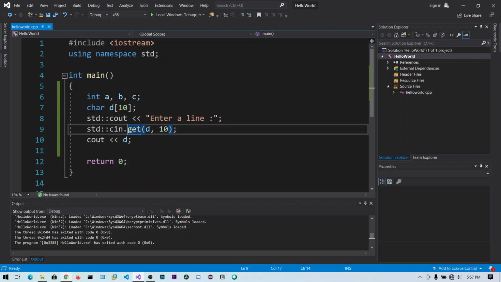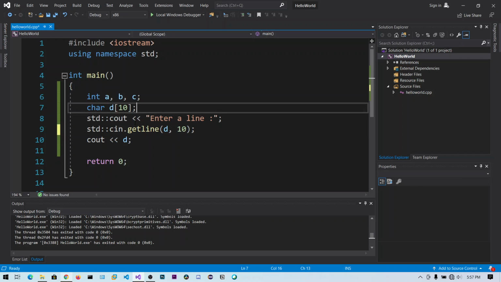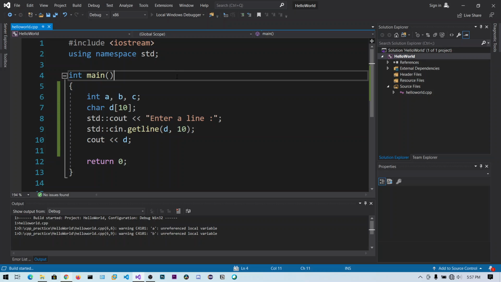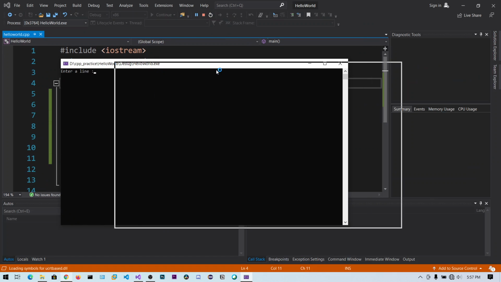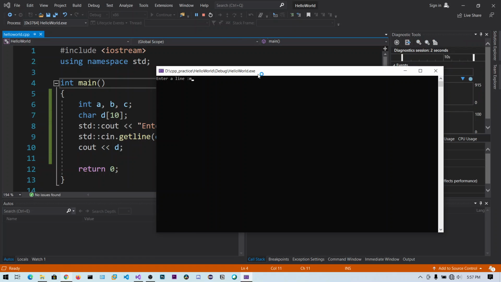In a similar way you can use getline. These methods will work almost similarly. So here you can say my, okay, it's more than 10.